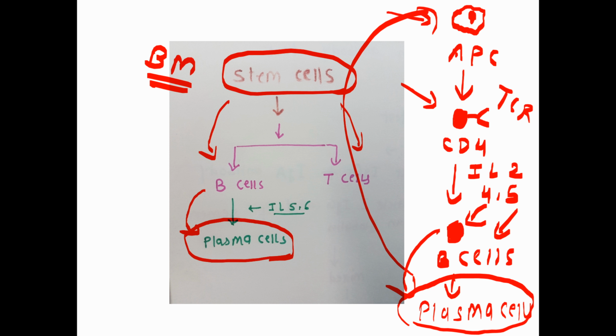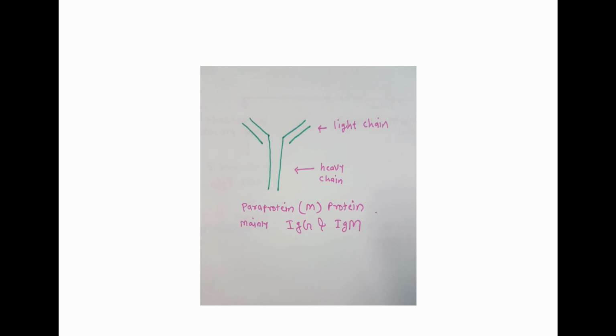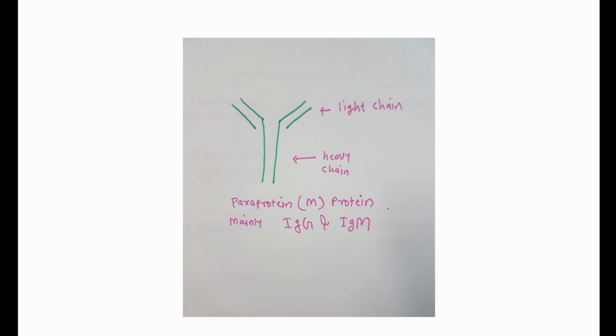But in multiple myeloma, the plasma cells become clonal or malignant, so they form abnormal immunoglobulins, that is abnormal antibodies. They are not able to form normal immunoglobulins. This is the picture of an antibody. This is the heavy chain and this one is the light chain. What happens in multiple myeloma is that in some conditions there is an excessive production of this light chain in the body. We call it the Bence-Jones